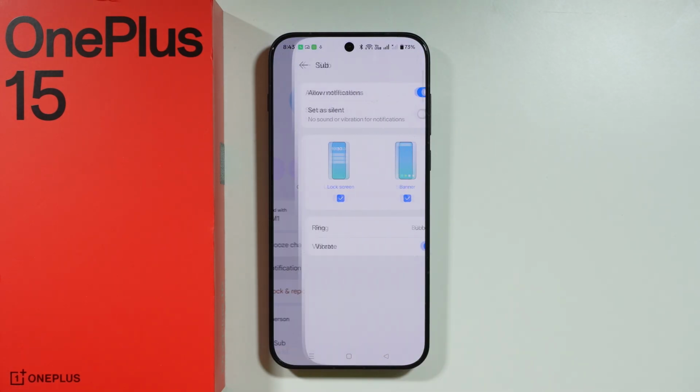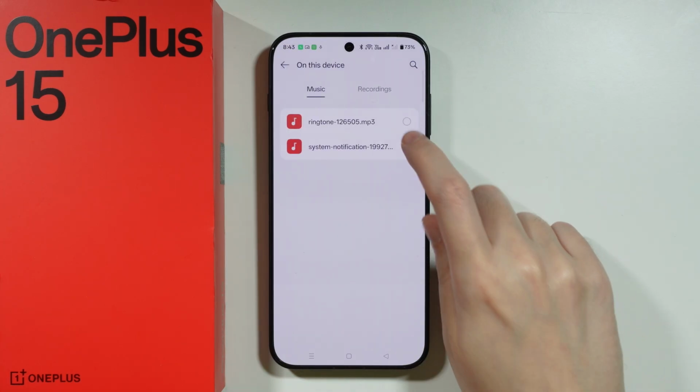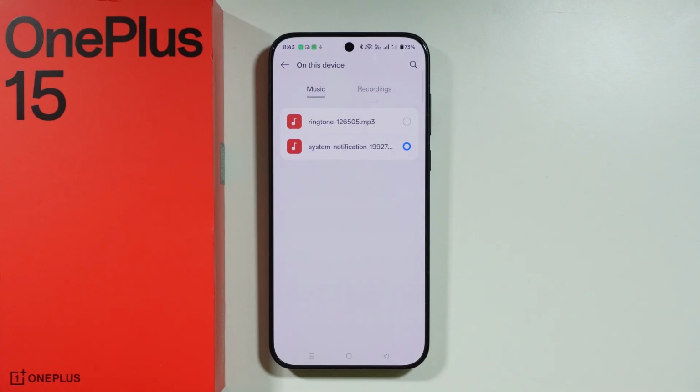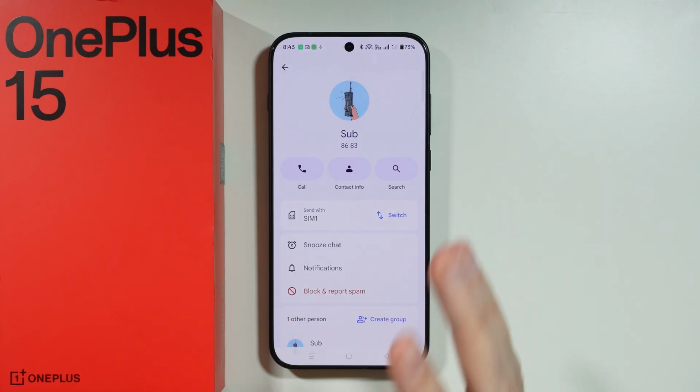Then we're gonna go to notifications, and we have the ring option. And in here, once again, we need to choose on this device, and just like before, we can choose the custom sound that should be played. So now, as I selected this sound, it will be played when I receive a new message from this contact